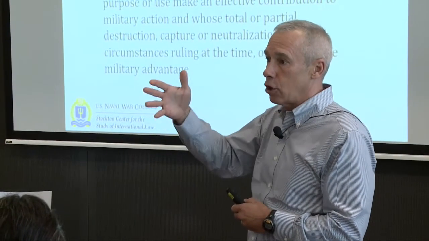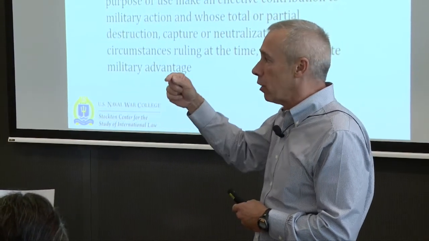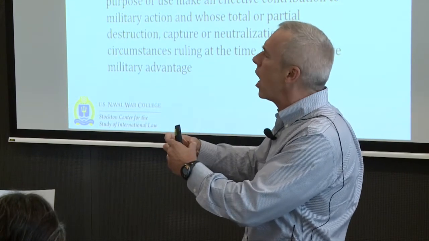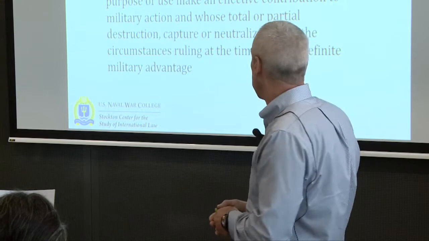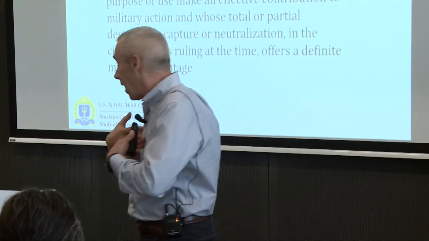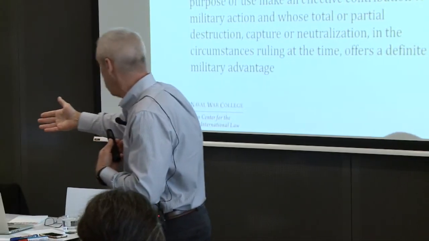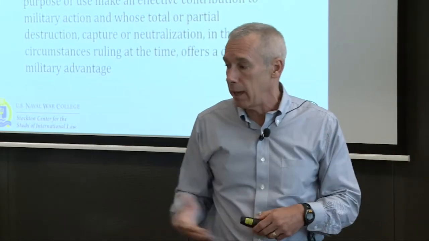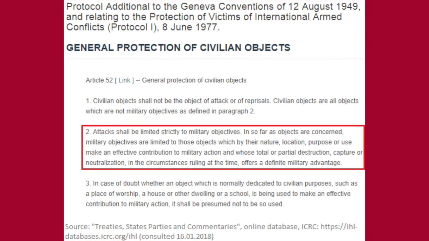Combatants in an international armed conflict, fighters in a non-international armed conflict, because there's no such thing as combatancy in a non-international armed conflict, individuals who are directly participating, then my mistake, organized armed groups should be up here. And finally, with respect to objects, you apply the analysis set forth in Article 52.2. Okay? These are military objectives. So what do you do with certainty in the case of military objectives?